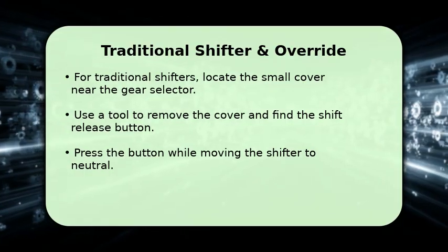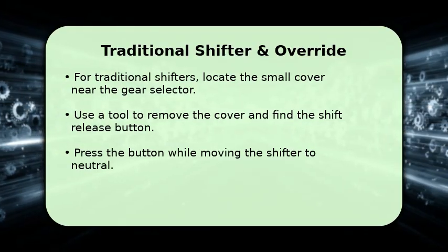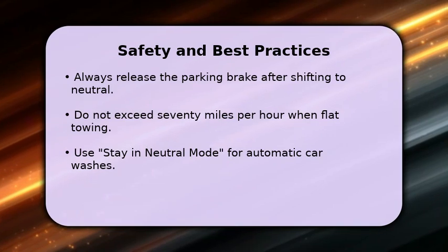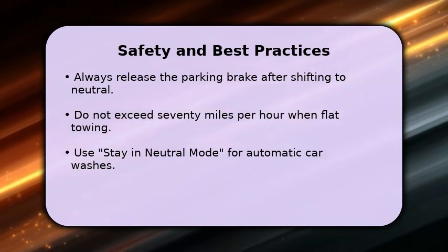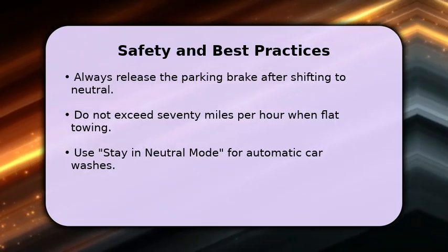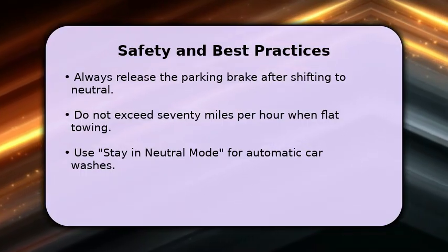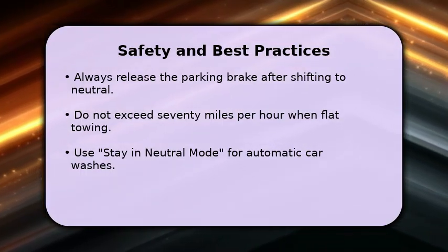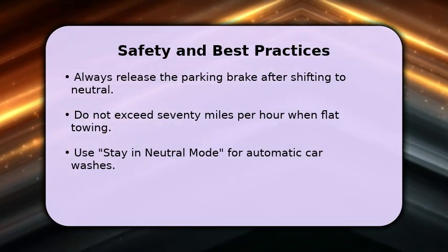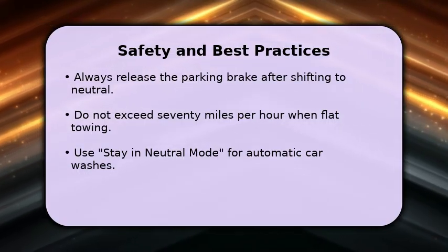For certain electronic shifters without power, pressing both the brake and gas pedals fully in accessory mode can also engage neutral. When your Ford Escape is in neutral, especially for towing, always remember to release the parking brake. If flat towing, ensure you do not exceed a speed of 70 miles per hour. For automatic car washes, some models offer a stay in neutral mode by selecting neutral and pressing the sport or manual button twice. Always refer to your vehicle's owner's manual for the most accurate and detailed instructions specific to your